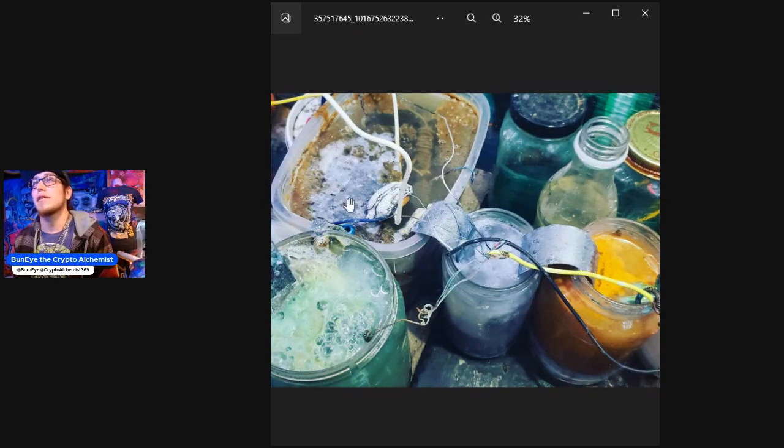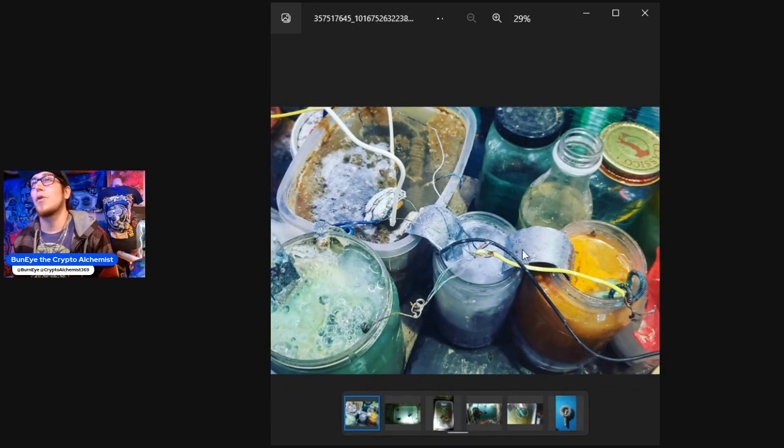This connection here I have is for saltwater jar solutions with zinc strips connecting the jars, and then copper connecting some of them as well, forming all sorts of weird different reactions. But the main point of this and significance is that it's only 5 volts going into it, and there's a huge amount of hydrogen being formed in all of these jars and reactions here, and quite feasible for